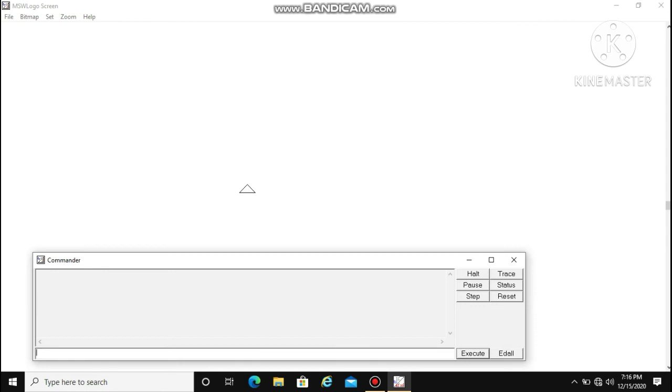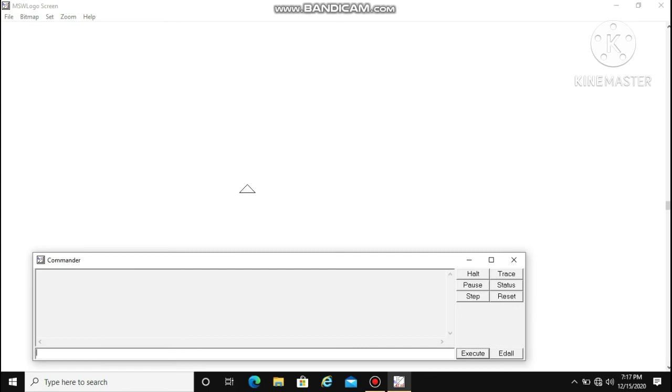So to clear our whole drawing screen, or this turtle screen, we use CS for clear screen, and to clear the text we use CT. Did you get it? So like this, we can draw the square using our right or left command and then our FD command.